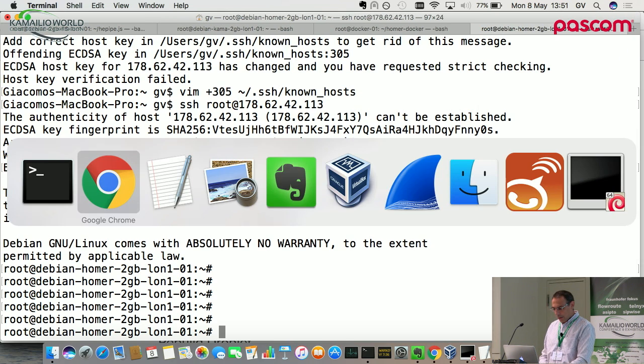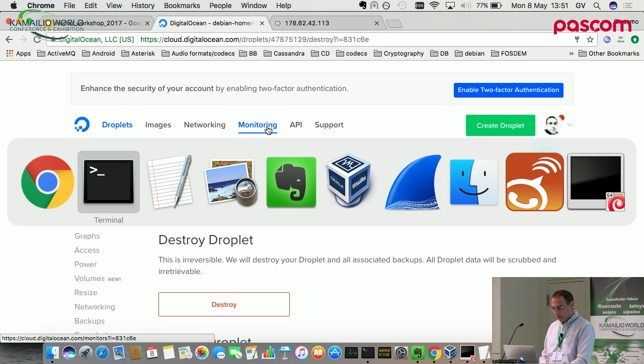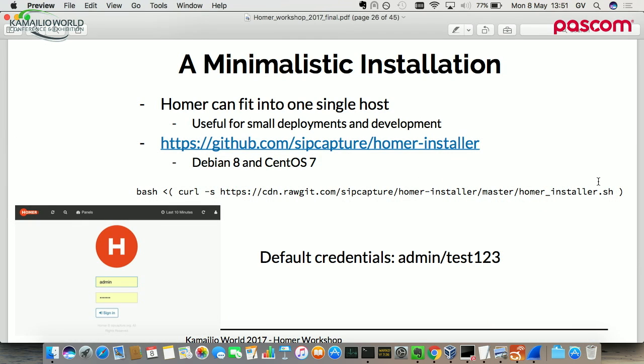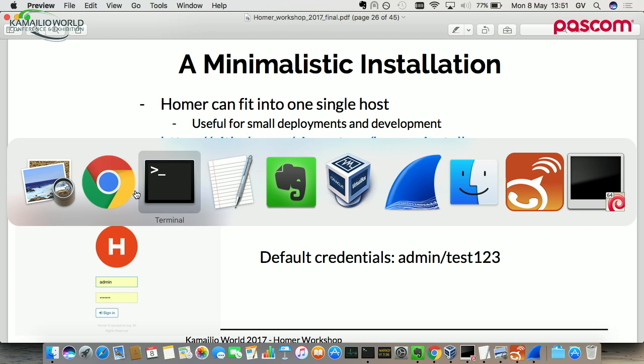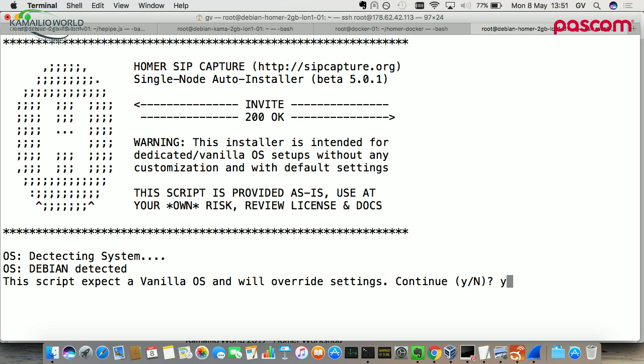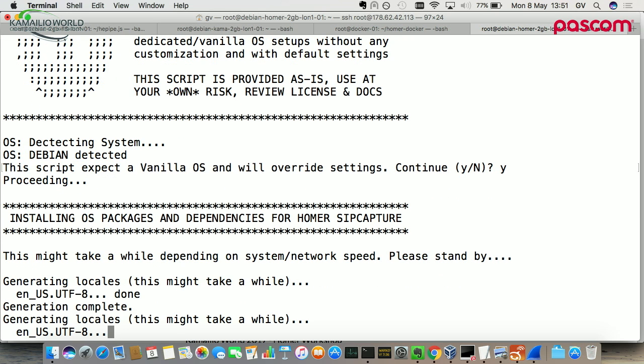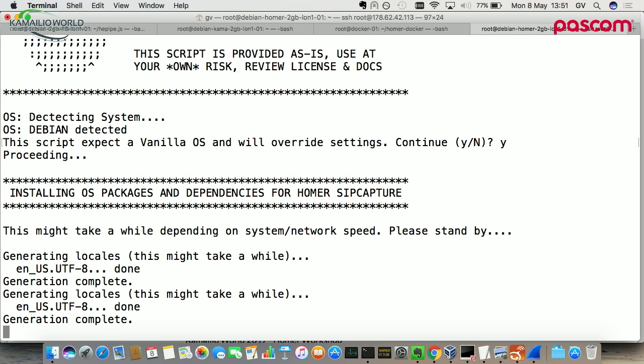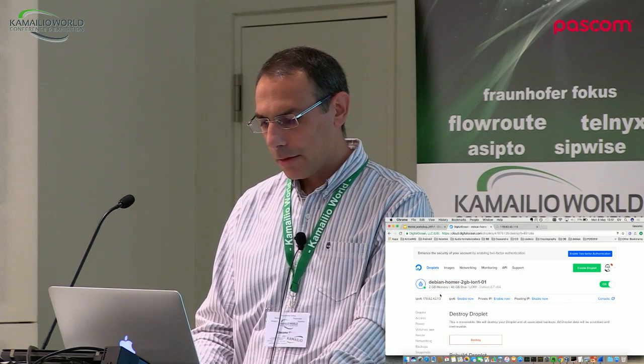So if I get the bash installer from here, I'm just going to run it. It will just take some time to do the installation, and then I will provide the MySQL credentials. OK, so it will take a couple of minutes. So meanwhile,